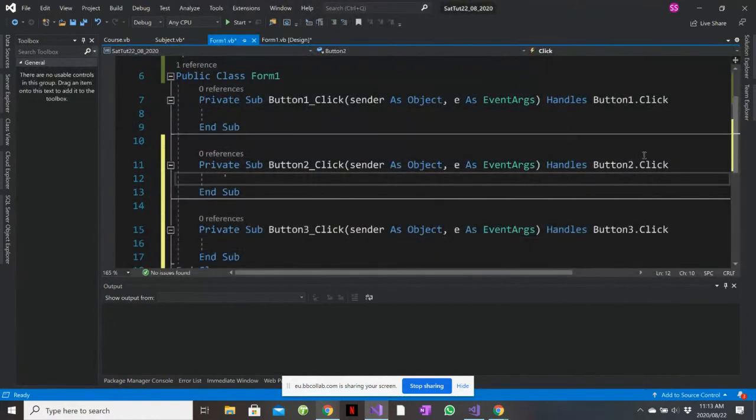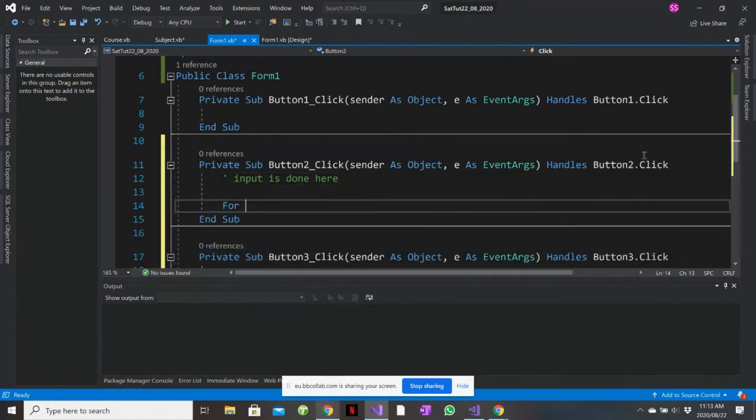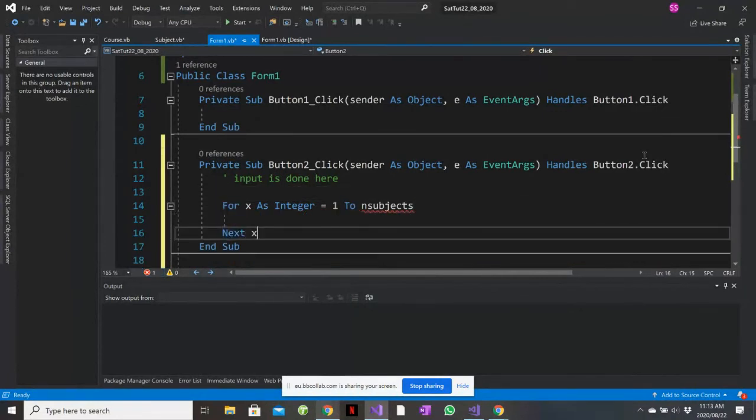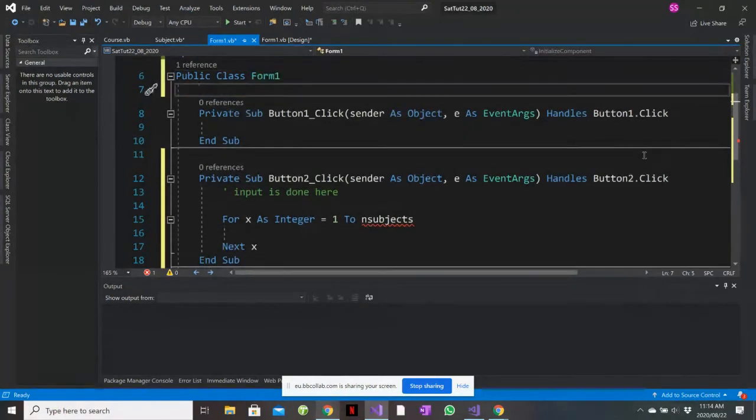Let's assume input is done here. For some reason, I'm going to have a for loop. I'm going to need a global variable here called